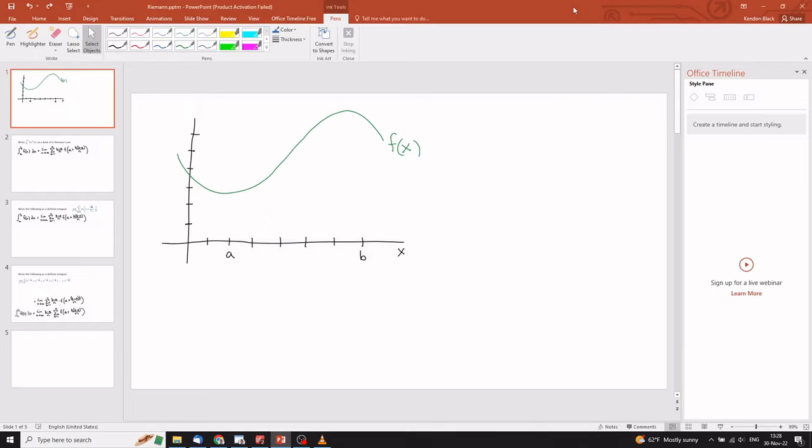Hi guys. In this video, I want to go over the relationship between a Riemann sum, specifically the limit as n goes to infinity of a Riemann sum, and a definite integral. So this video is going to focus on the relationship between the Riemann sum and the definite integral, and it assumes that you already have some knowledge of what a Riemann sum is, what a definite integral is. I'm going to go over it briefly anyway,